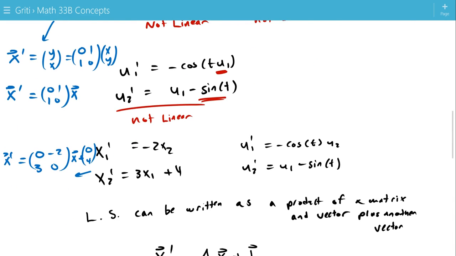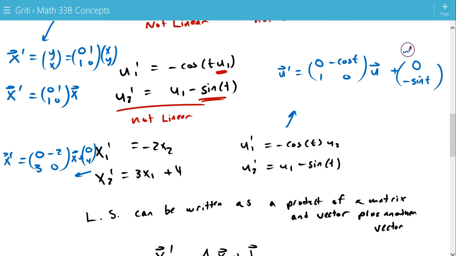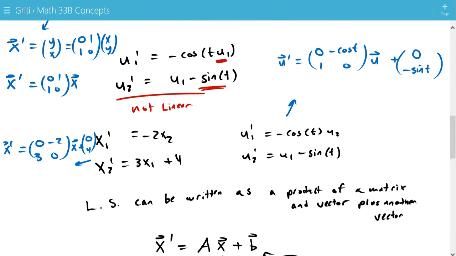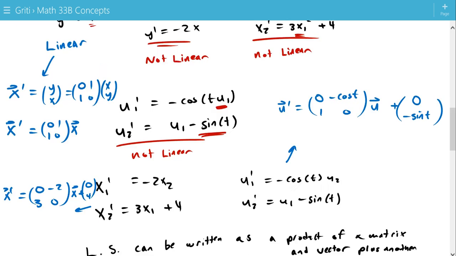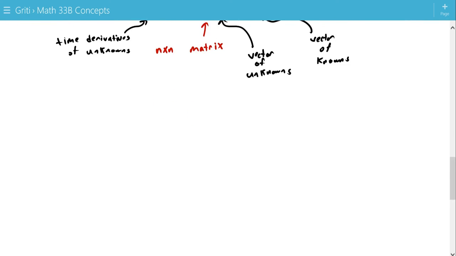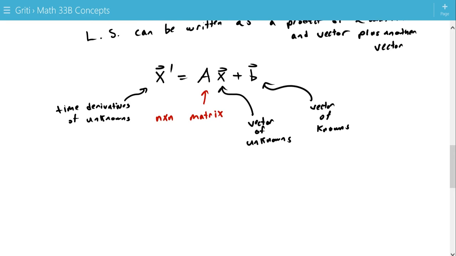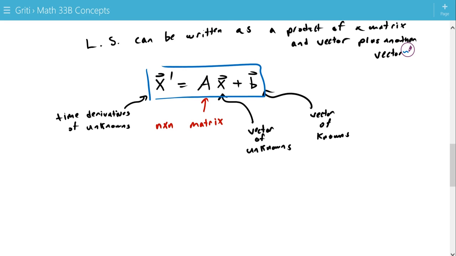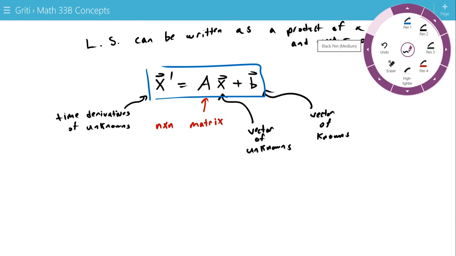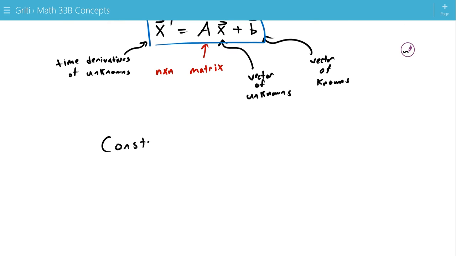We can write this as u prime equals the matrix 0, negative cosine t, 1, 0 times u, plus the vector 0, negative sine t. And those are our examples of linear systems. So those can be written as an equation in this form. And now when we talk about constant coefficients,